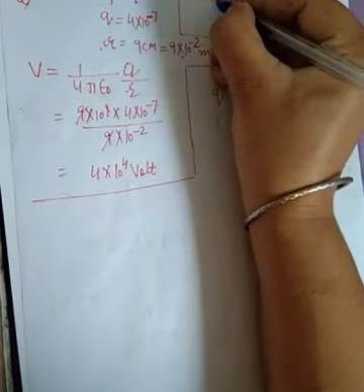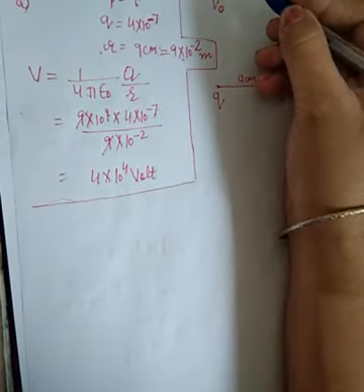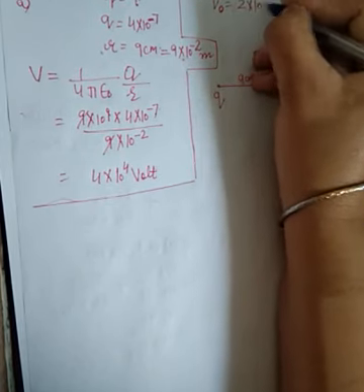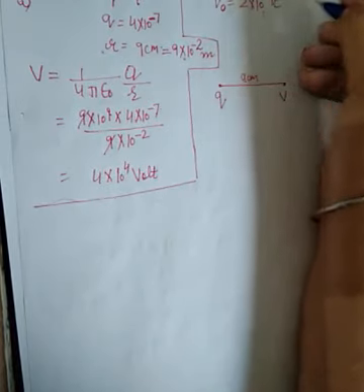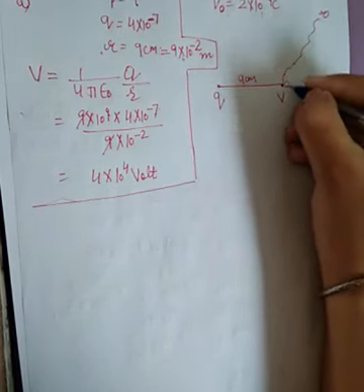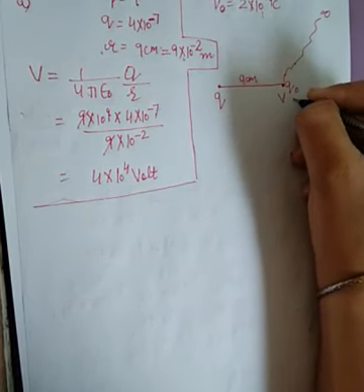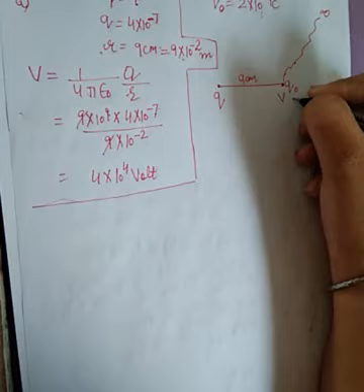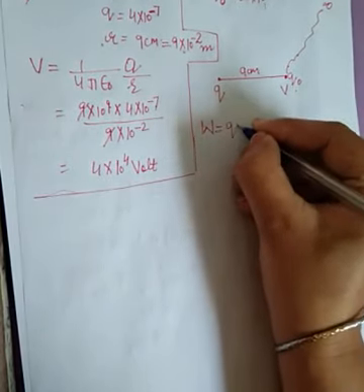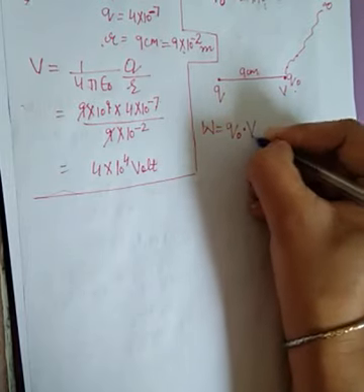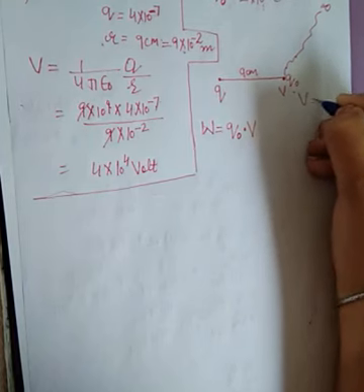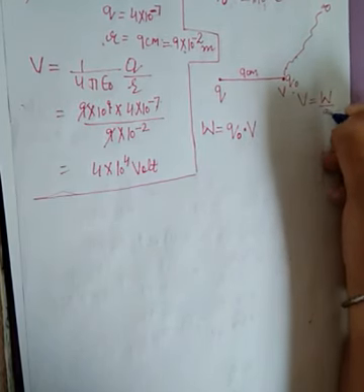It means another charge, that is termed as test charge or Q naught, that is 2 into 10 raised to the power minus 9 coulomb, from infinity. It means from infinity another charge Q naught is being brought here. We have to calculate its work done. Work done is equal to charge that is moving into potential at that point, because as per the definition of potential, potential is work done per unit charge.